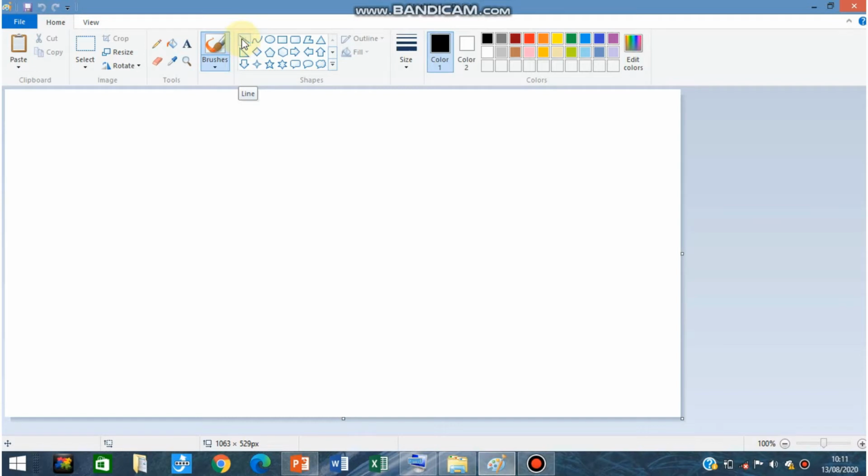A line tool is used to draw straight lines. So just using your mouse, click on the line option from that shapes group.